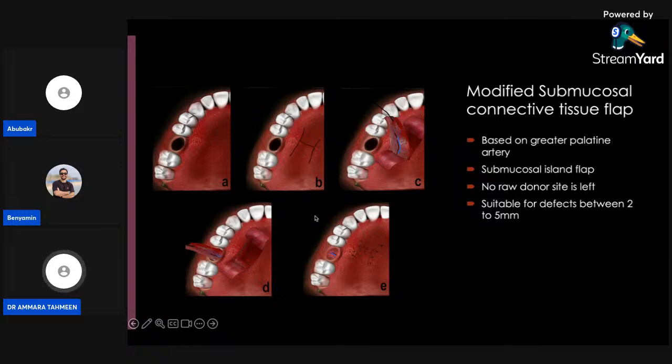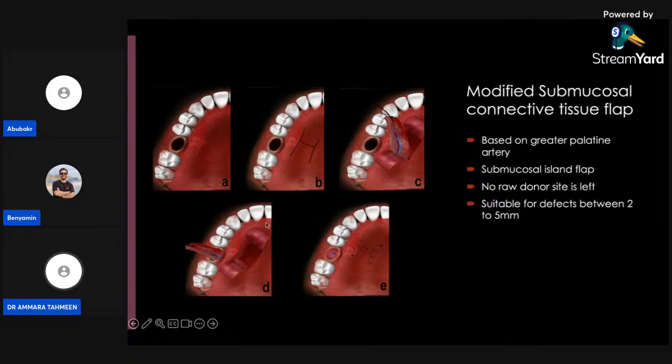So what they do next here is, from the defect and this thin gingival collar, tunneling is done. Here they use one periosteal elevator. From here they form a tunnel between the flap and the defect. Through this tunnel, this flap is pushed below the gingival collar and brought here. Can you see, this flap through the tunnel is brought out onto the defect. That's how it is sutured over the defect.